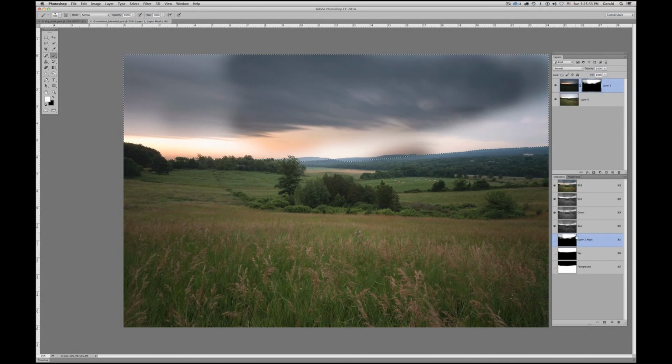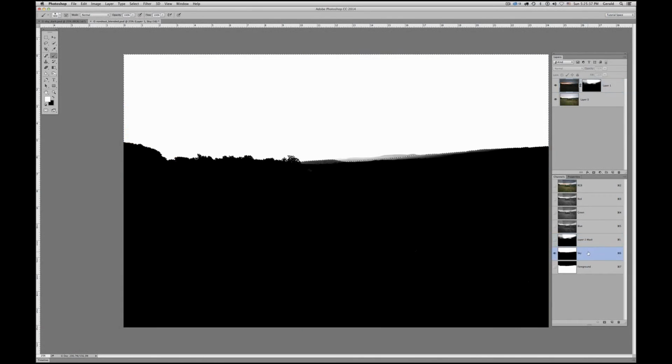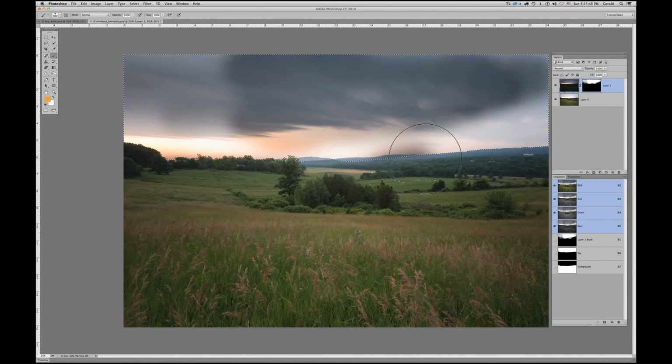Now, if you remember, if we click on our channel mask, we did have some grayer portions of it that weren't going to be as constraining as solid black. That's okay, but you can see that's what allowed that brush to blend into those top little